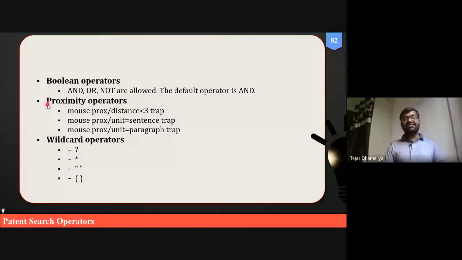What we are discussing are the various operators, various verbs or proverbs which can be useful while we are doing the patent search. Wildcard operators, so these are some other wildcard operators which can be used for different purposes. This is basically to specify or highlight things: inverted commas, the question marks, asterisk and brackets. So they have their different purposes.